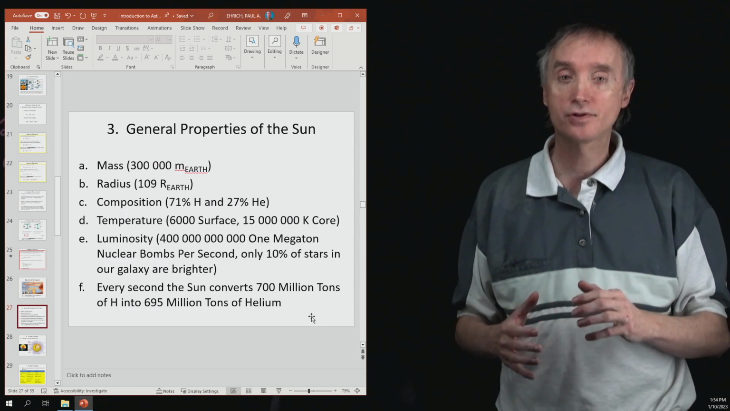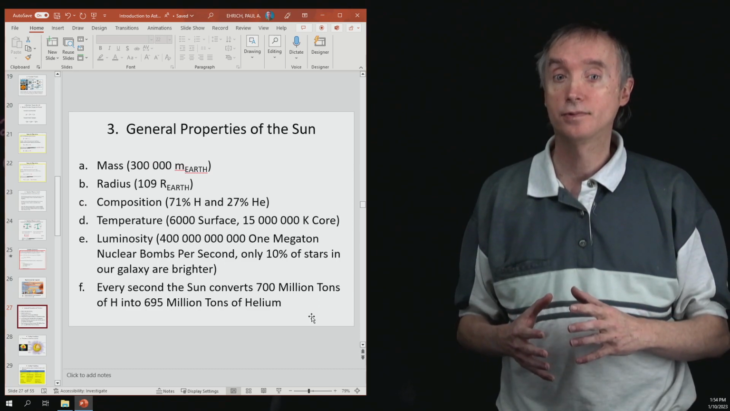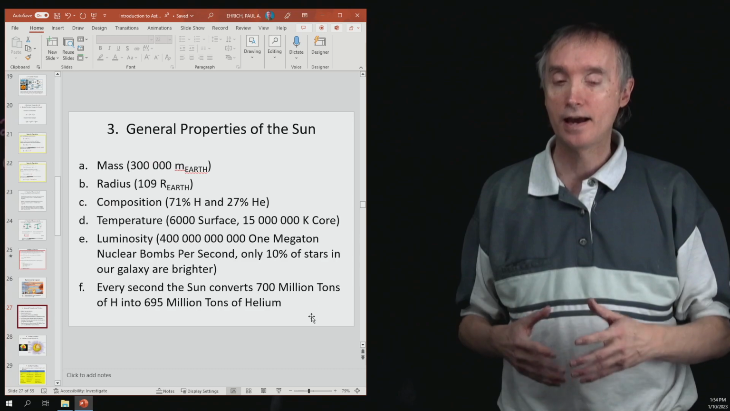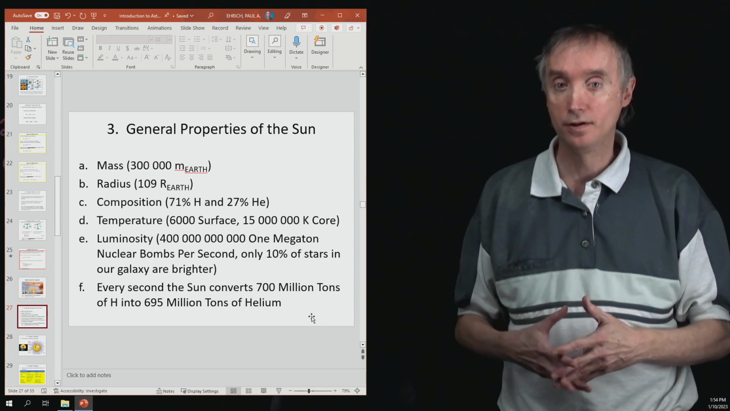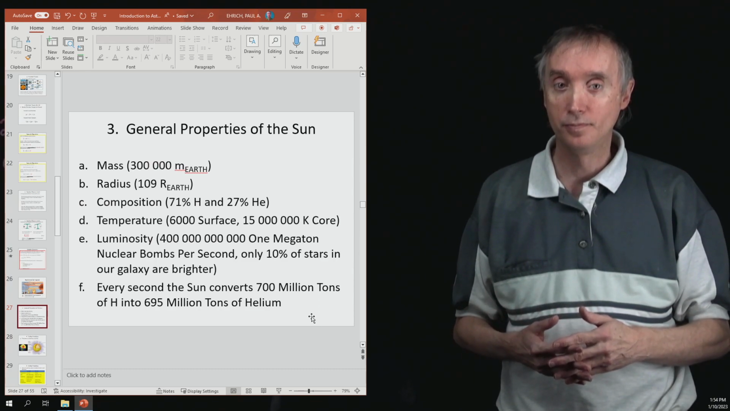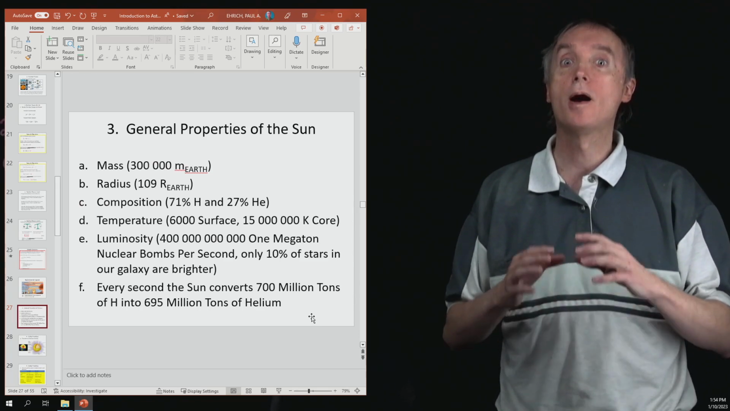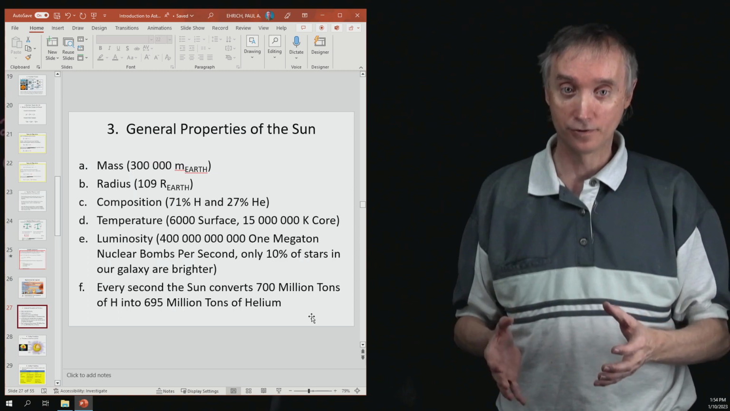And actually, our Sun turns out to be pretty bright. So only about 10% of the stars in our galaxy actually give off more energy than what the Sun does. But later, we're going to find out that some stars put out a lot more energy than what the